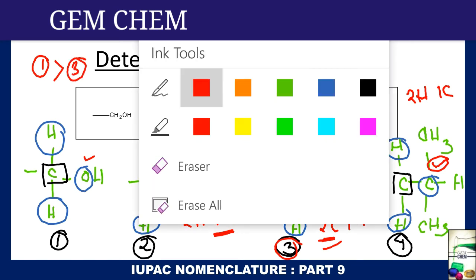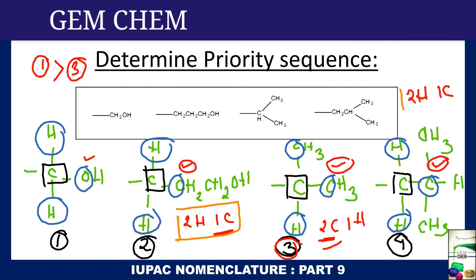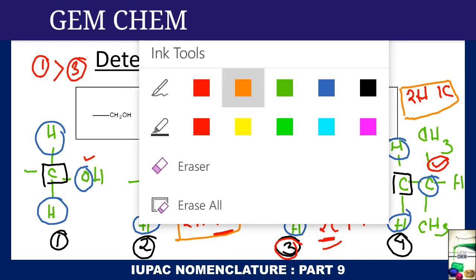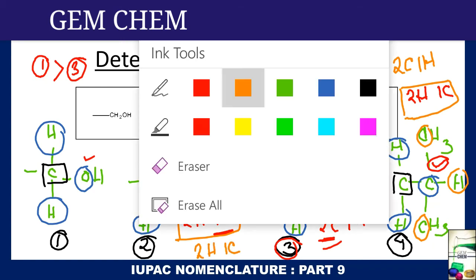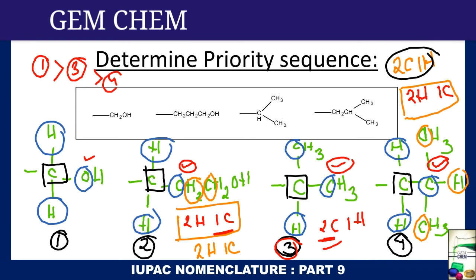Now if we go for these two, that is we are going to deal with this 2 and 4. So here we get exhausted with these atoms, so we have to visit the next atoms, right? So let us visit the next atoms. We see that there are 2 hydrogens and 1 carbon, whereas in this case 2 carbons and 1 hydrogen. That is for the next one 2 carbon and 1 hydrogen, and in this case 2 hydrogen and 1 carbon. So again from this we can get this one is more prior. So our fourth one gets the priority, then the first one. So this is how we determine the sequence rule, and this is very important.